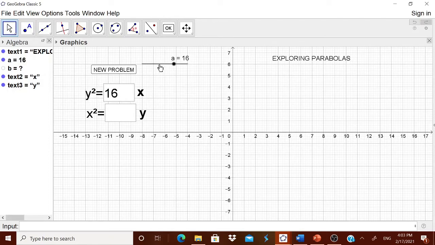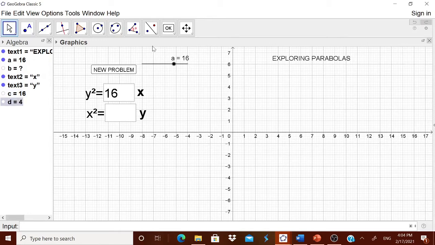Is it okay? Now I will go for how this can be done, whenever the child is putting y square is equal to 16x. Sometimes the child will enter a positive number or he may enter a negative number also. Therefore we want it should be 4a, so we will go for the absolute value of a. For example, in this case it is c. We want a, therefore c divided by 4, therefore that is 4.